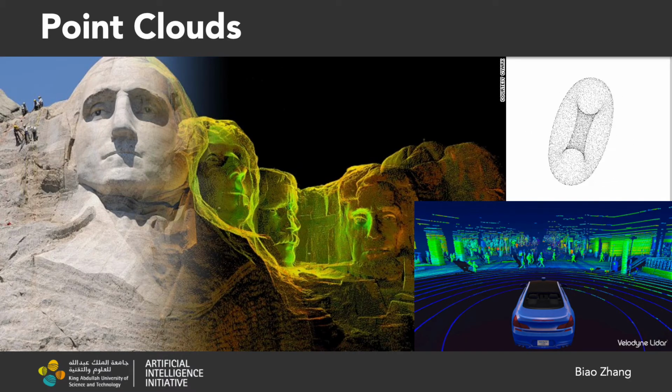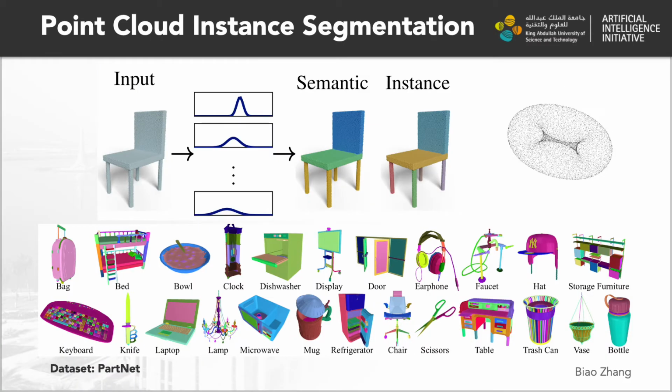A point cloud is usually obtained by 3D laser scanning. It has a lot of applications, like preserving the structures of buildings, scenes, streets, and objects. In this work, we did the experiments on the dataset PartNet, which contains a lot of daily objects like bags, chairs, and tables. We take a raw point cloud as input, then output point-wise semantic and instance labels at the